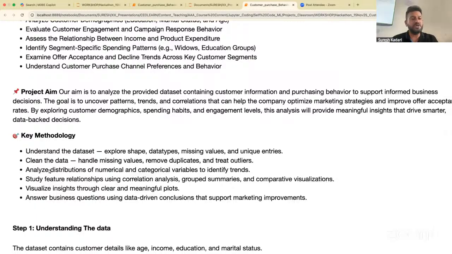These methodologies we are writing. Actually, as an experienced person, we don't write methodologies. We just keep them in mind and carry on. But it's also a good practice as a fresher to write down the methodology, what you will do, so that you won't forget. Did I do this? Did I do this? Objectives are the guidelines. The mission is the objective. And these are the methodology steps, what you are planning. Then you go with